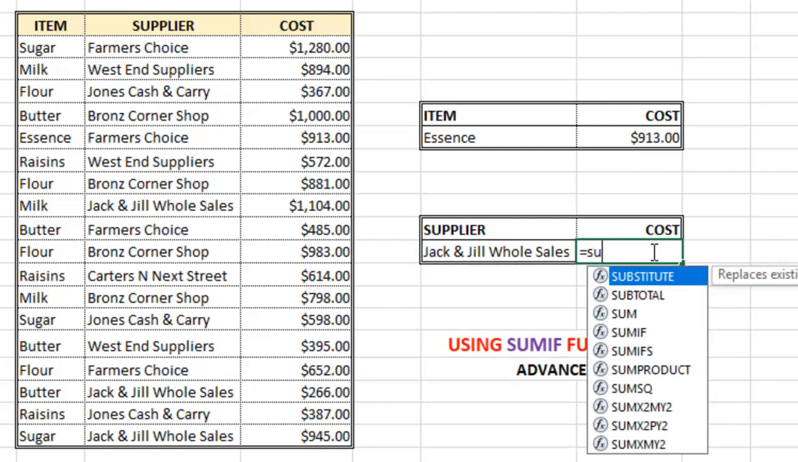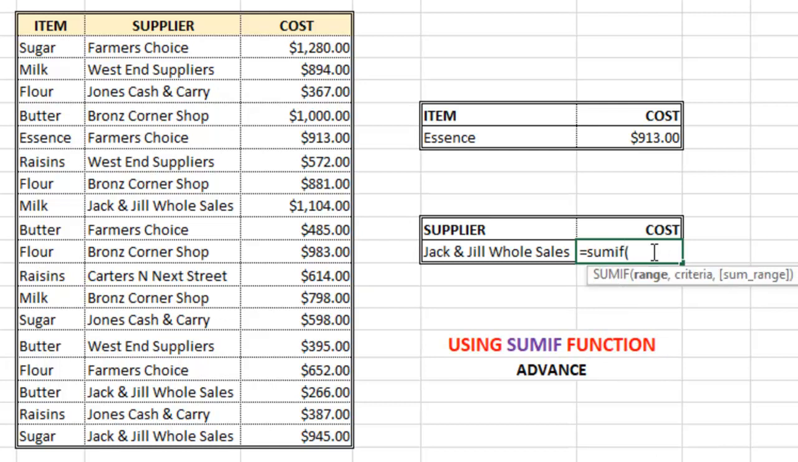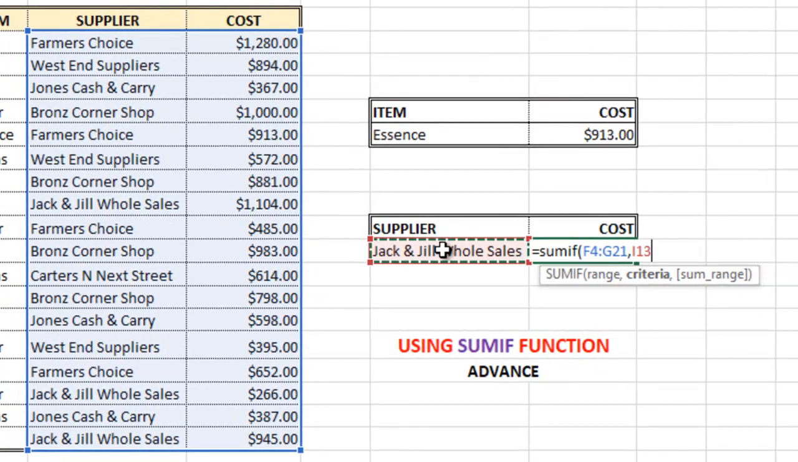So equals Sumif, open parentheses, and recall what we did in the first video. We want our suppliers to be on the left and our costs on the right. So we select only those two fields. Add my separator. As in the first instance, reference the cell here to the left. That is now I13. Add the separator, and then select the cost field. Close parentheses,